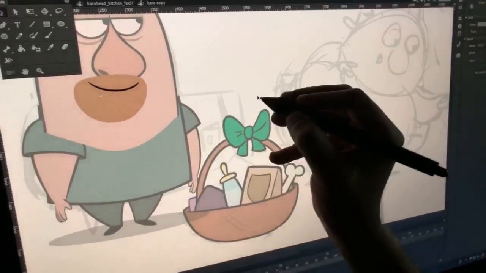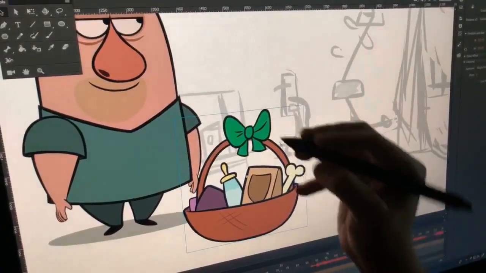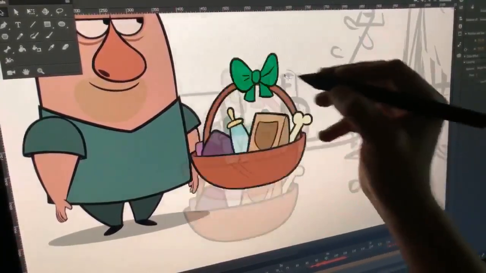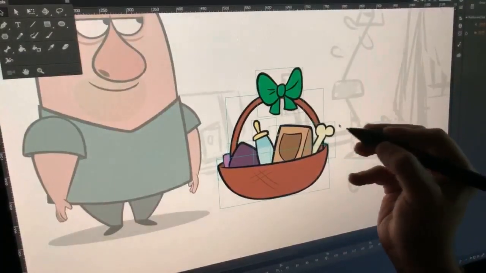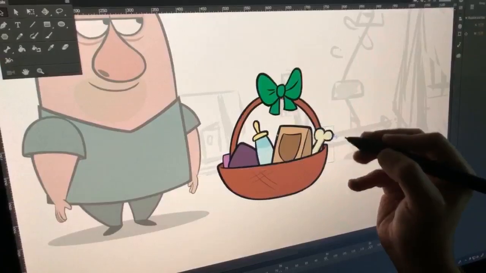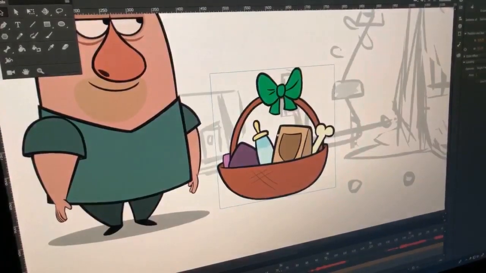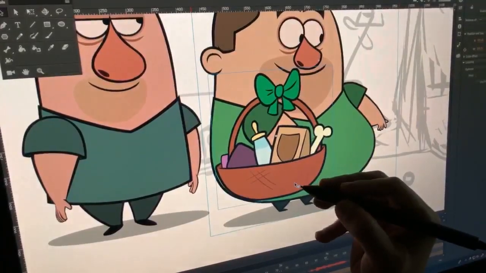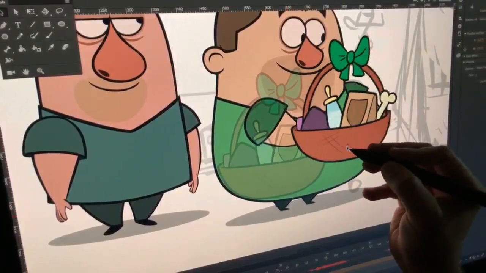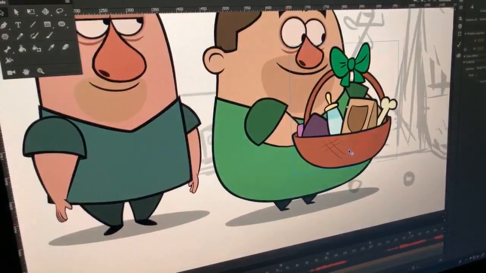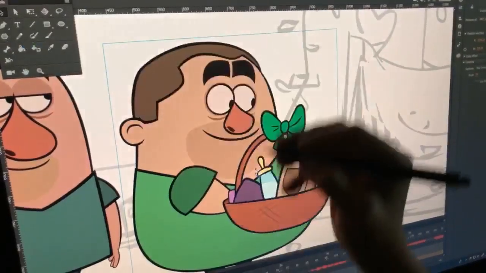And I'll clear those. So now with the basket, what I did is I created a graphic, and I can actually move it around as one object. And if I go inside that object, that's where I can move my stuff around and rearrange, whatever. Now I'm gonna put this in Abo's hands. So I'm gonna take the basket, move it around. And this is more of a puppet style animation where I'm using these characters as kind of like puppets where I'm moving stuff around.